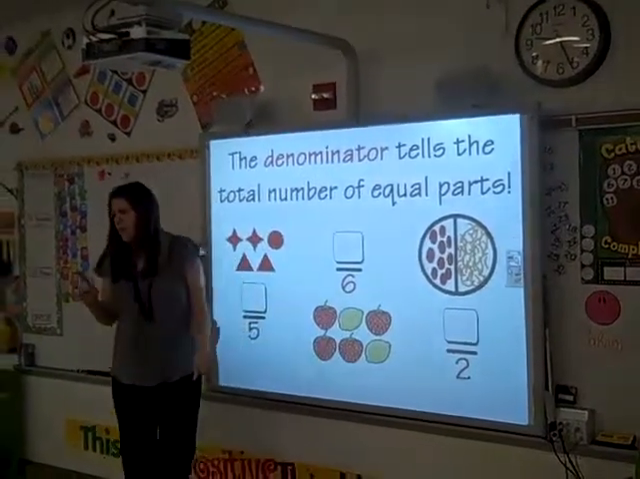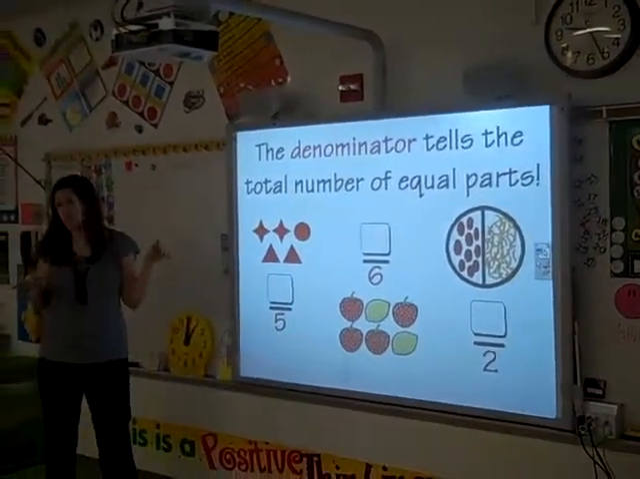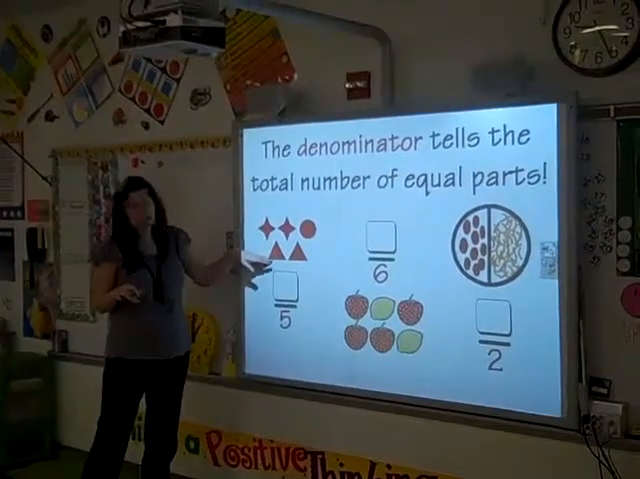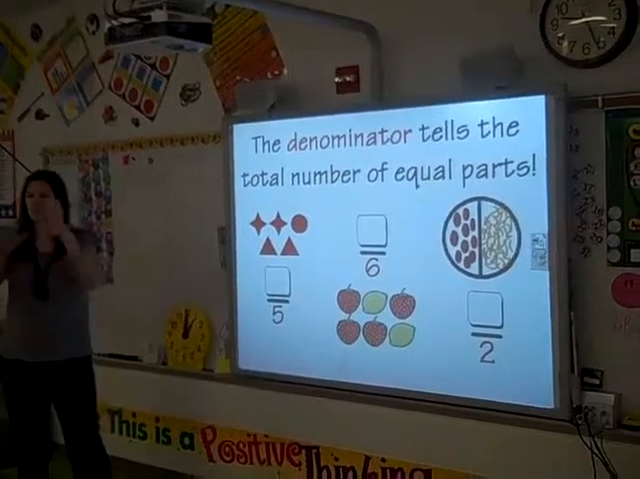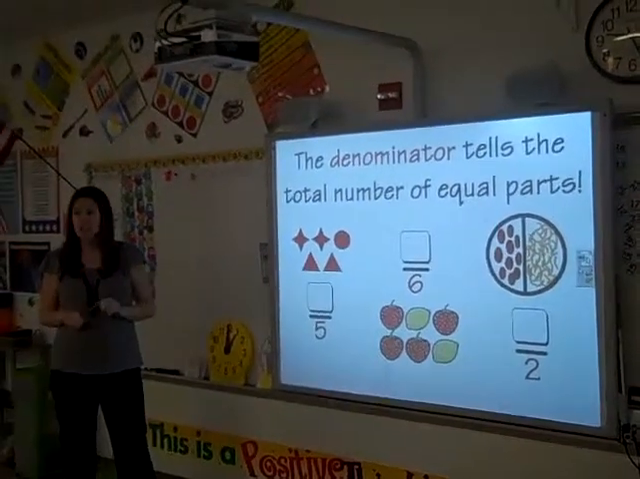2. Okay. Did it matter which one was pepperoni, which one was cheese? Did it matter which one was triangles? Did it matter which ones were strawberries? No. Your denominator is your number of parts. Okay? So we're going to do some